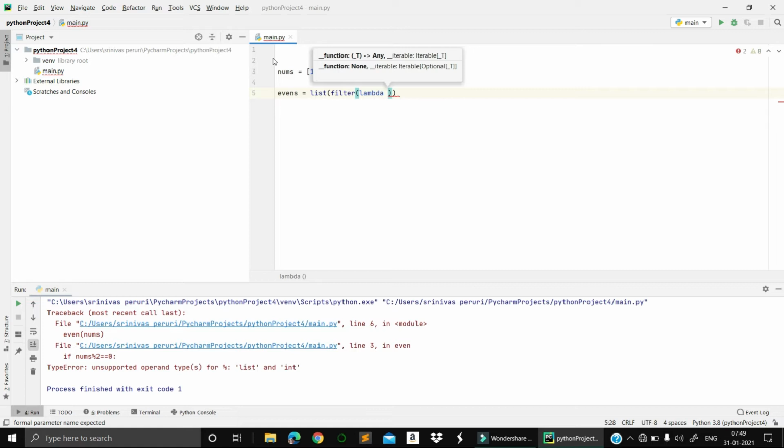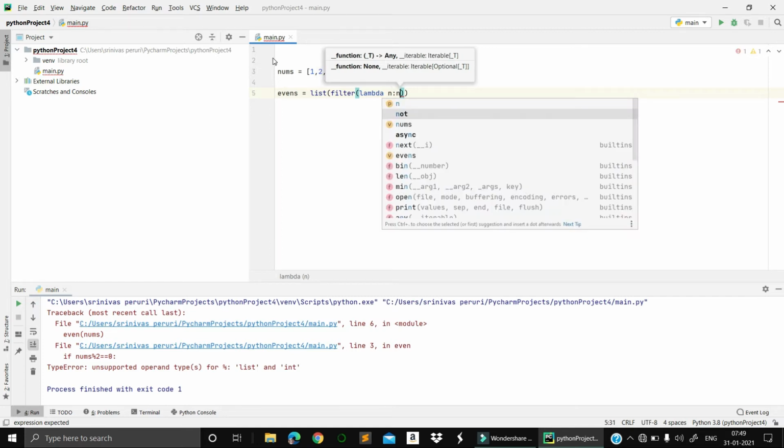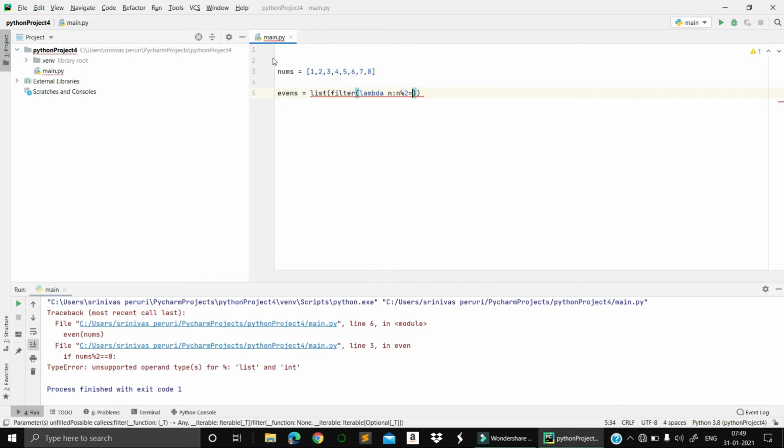Lambda n colon, I am giving a condition such that n modulus 2 equals 0. Then I just want to print the nums. If it equals 0, then I just want to print the values. Let's run this one.